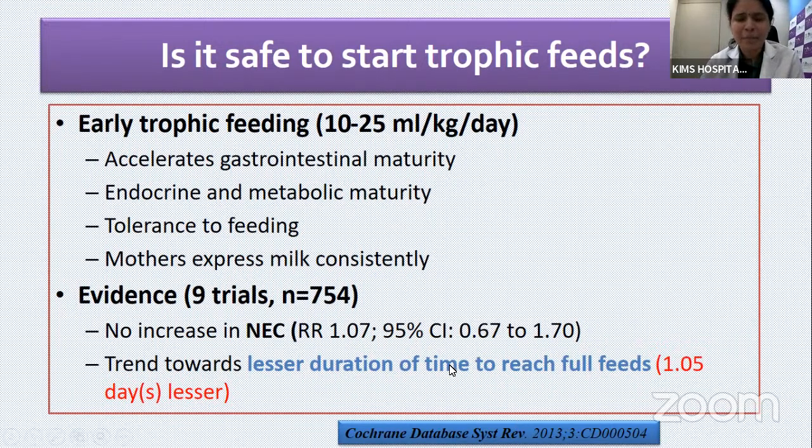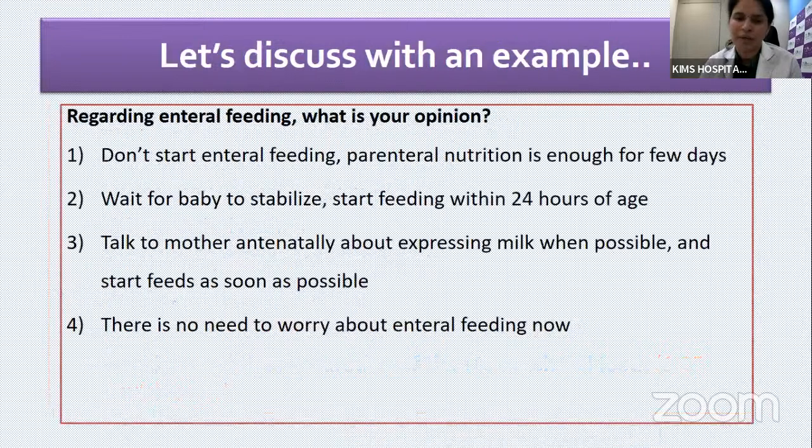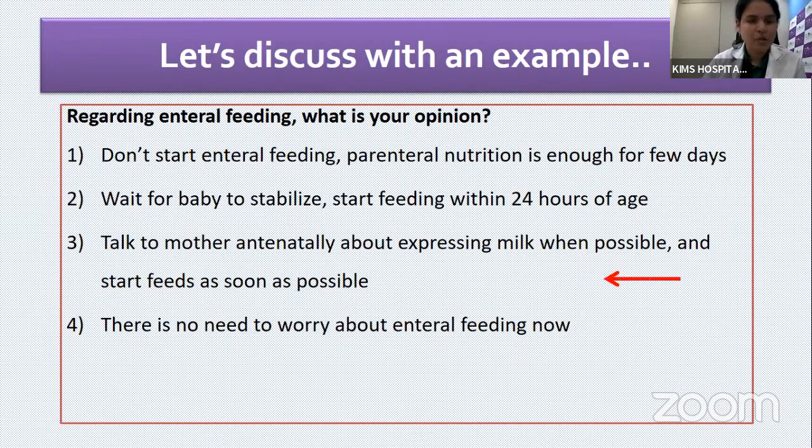In fact, starting MEN on time has been found to be associated with a trend towards lesser duration of time to reach total feeding. So we may be able to shorten the time required to reach full enteral feeding by around 1 day. So coming back to the example, the best possible option would be to actually start talking to